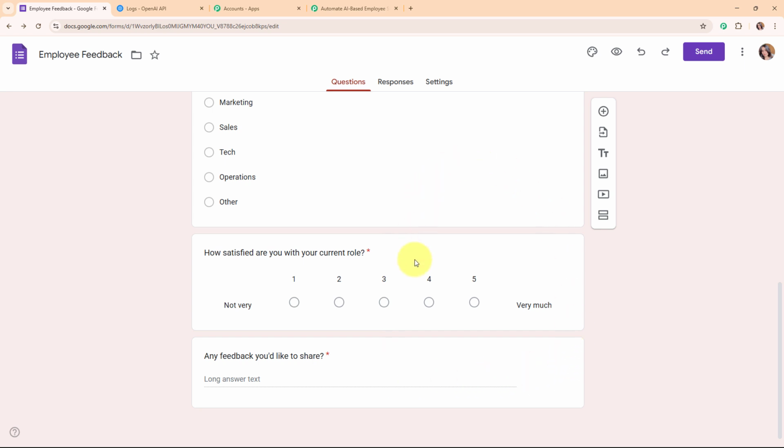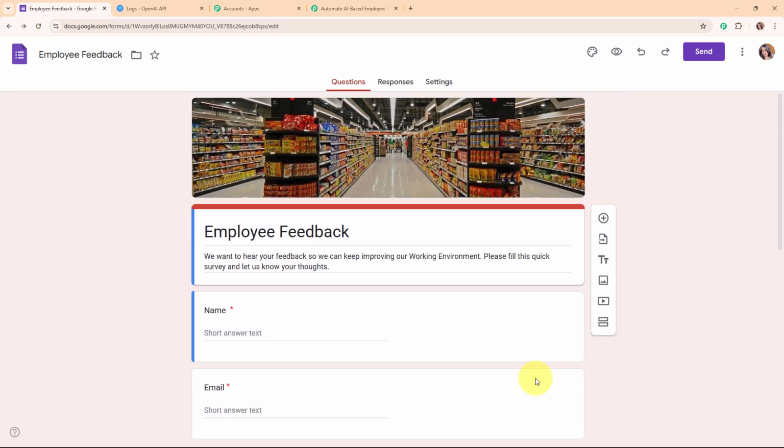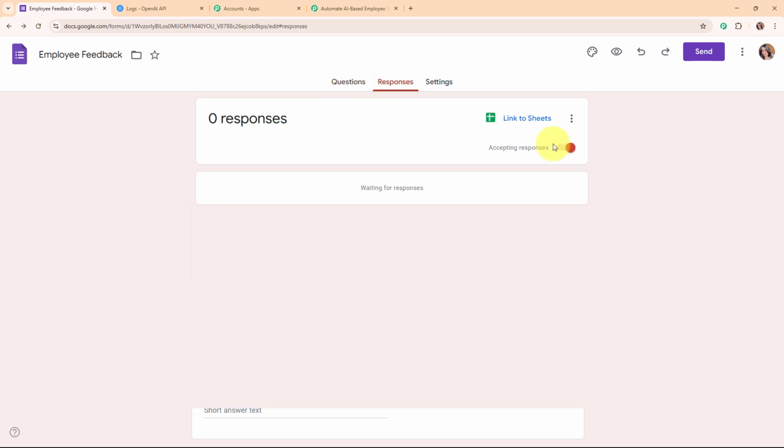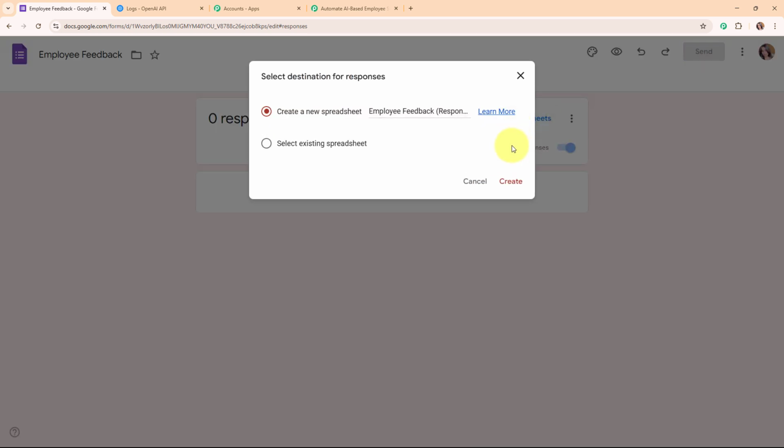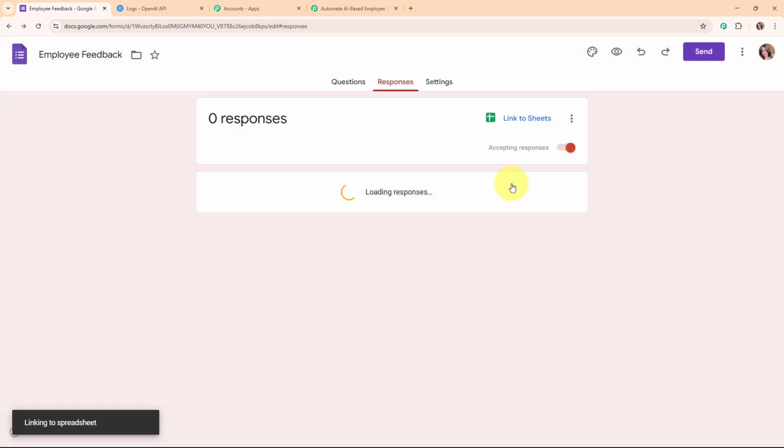Alright, so now after taking all these fields, you need to make sure that the last field is a required field to capture the responses to this field of the Google form. Now after creating the Google form, I'm going to connect this Google form with Google Sheets first in order to capture all the responses in Google Sheets to organize the data. So for that, you need to click on responses, and then you'll be able to see an option of link to sheets. Here you need to click on this link to sheets, and create a new spreadsheet.